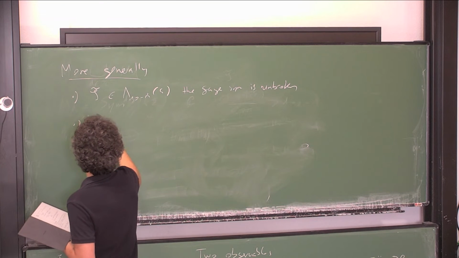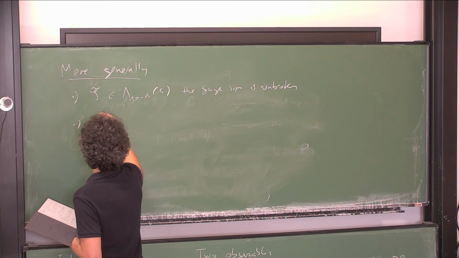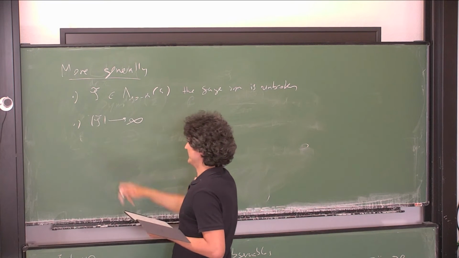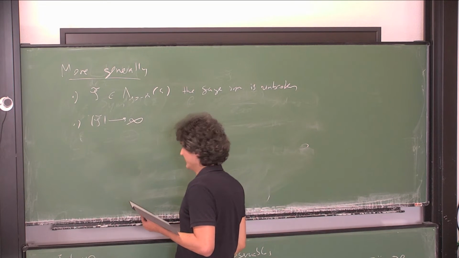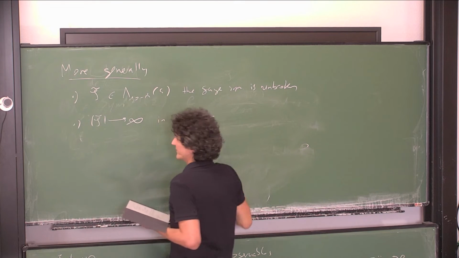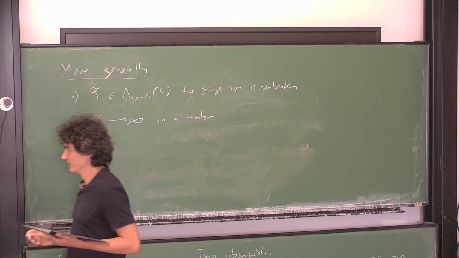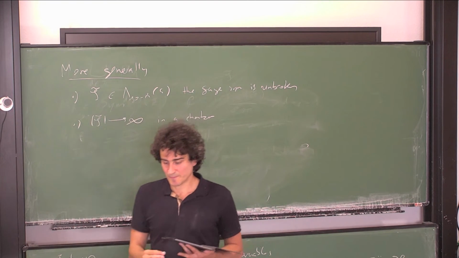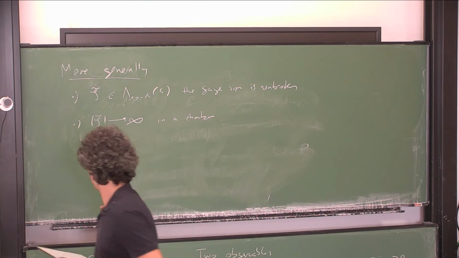And so I'm also going to take this parameter to infinity in a chamber in order to essentially allow an infinite number of vortices. And this, as Tudor was hinting at,